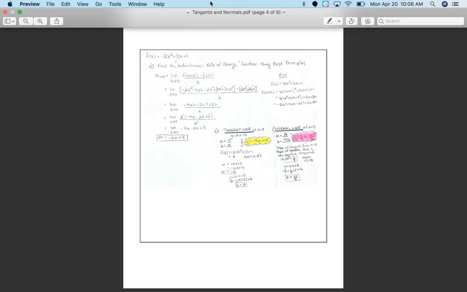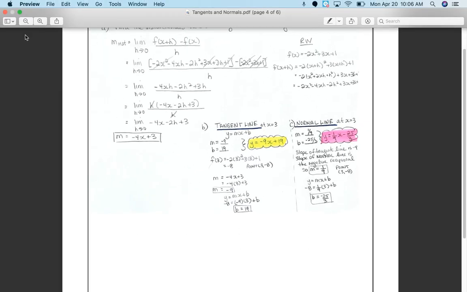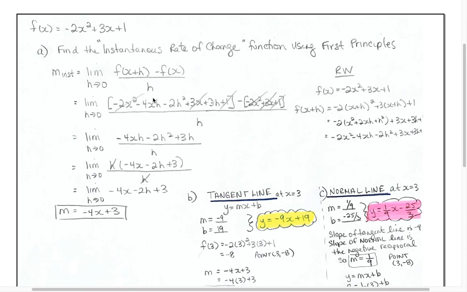Okay, so here's what I came up with. So we start with the function f at x equals negative 2x squared plus 3x plus 1, and we want to find the instantaneous rate of change function. So we're going to use first principles to do that. So I know from our work last week when we talked about writing instantaneous rate of change as a limit of the difference quotient. So I've got limit as h approaches 0 of f at x plus h minus f